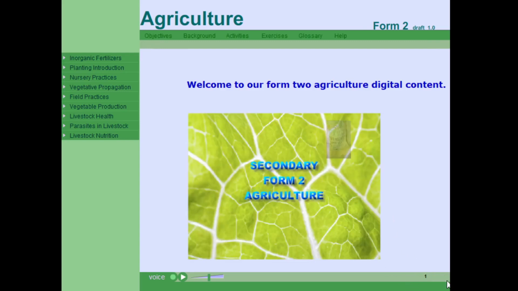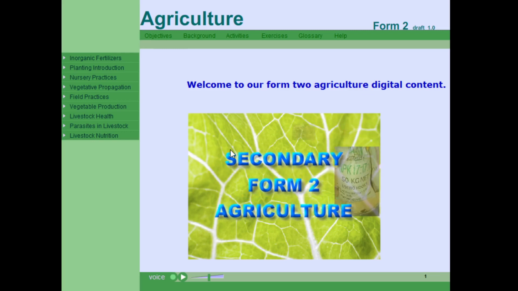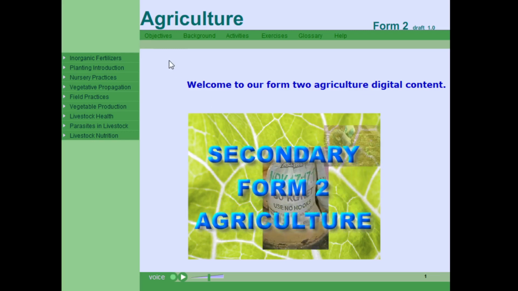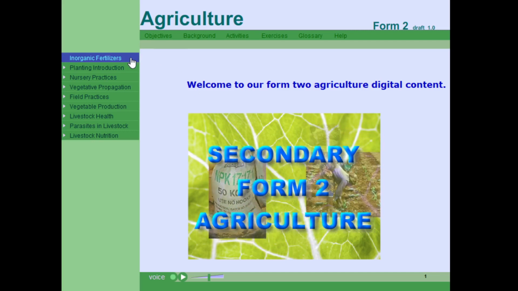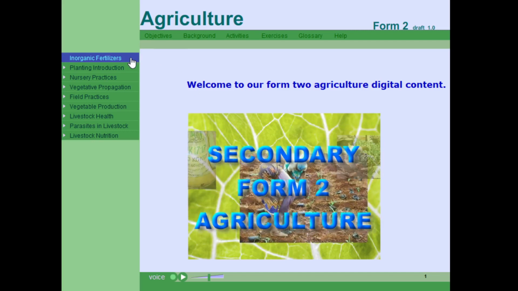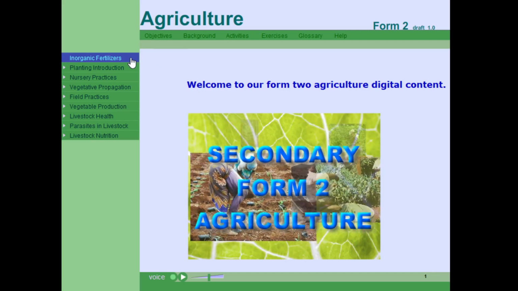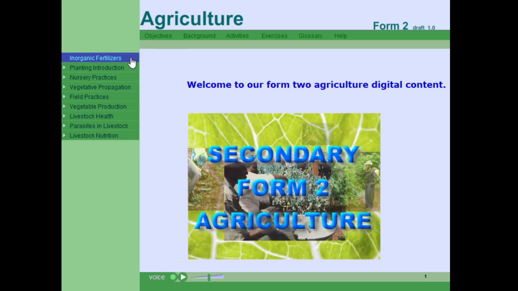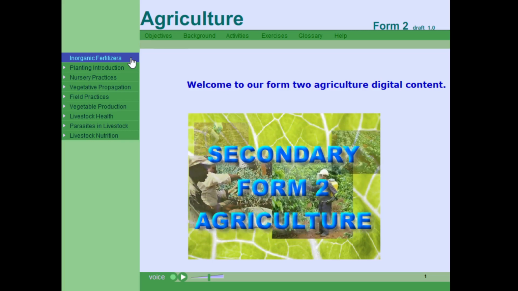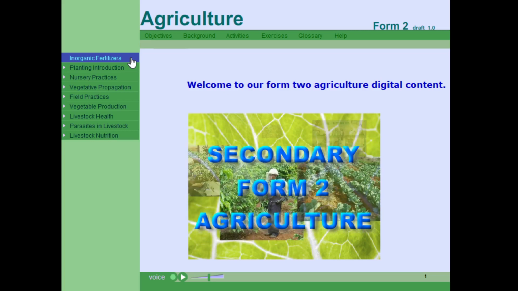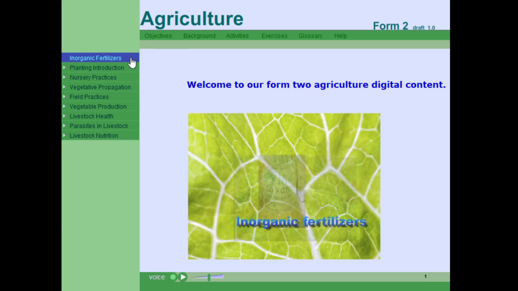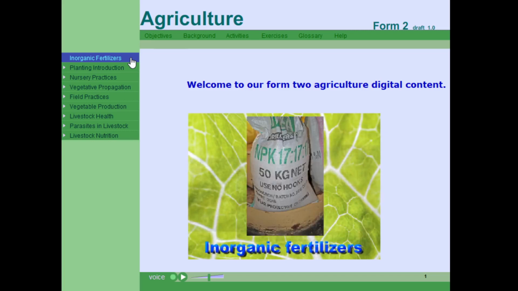Welcome to our Form 2 Agriculture Digital Content. Agriculture is an important subject in our day-to-day life. In Form 1, you are introduced to both crop and livestock practices. In Form 2, you will continue broadening the content scope using the following topics: inorganic fertilizers,